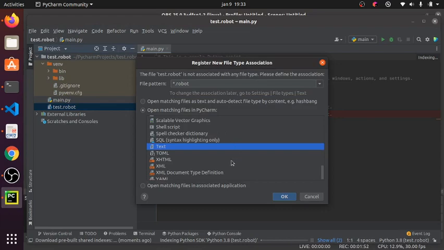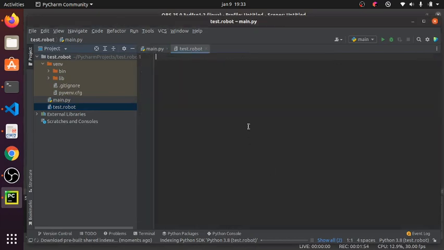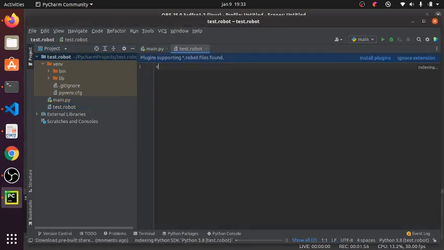So if you come to the test.robot, for example, and you want to start with a simple robot file, we discovered that there is no way it is being highlighted. So what are we going to do next? Well, for example, you're not seeing the green and blue colors that are supposed to come up when writing code on an IDE. So what do we do? What we'll do is